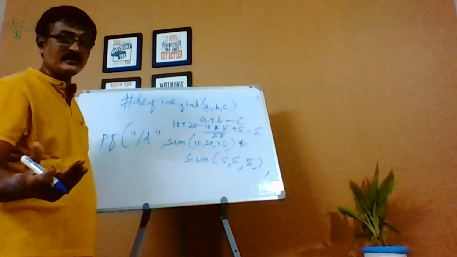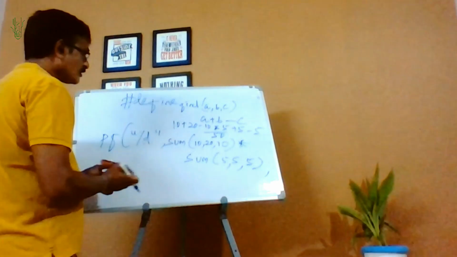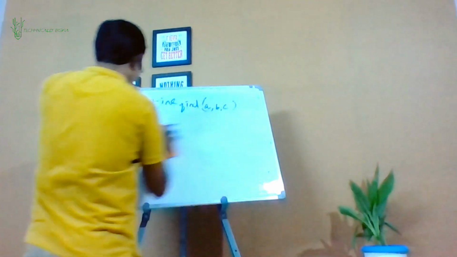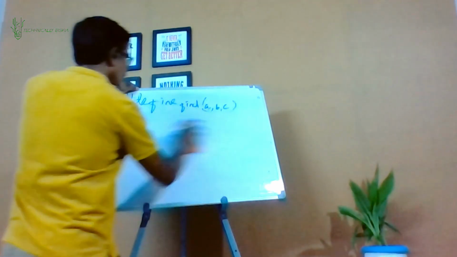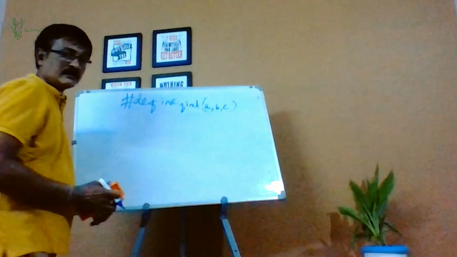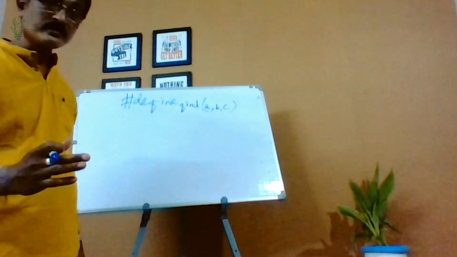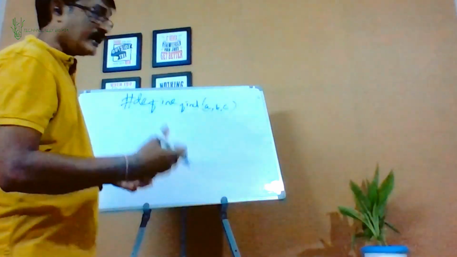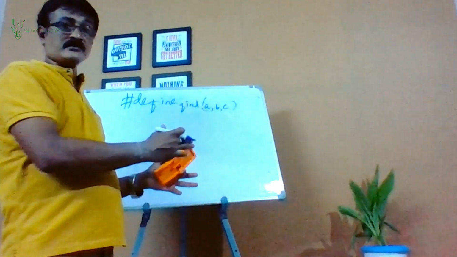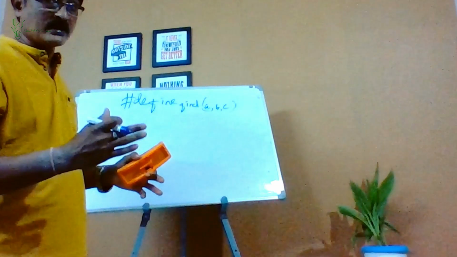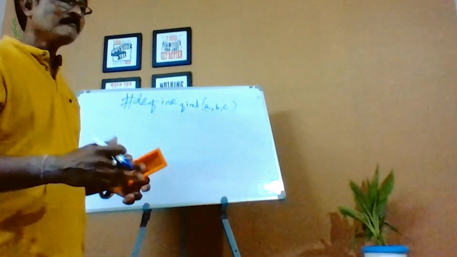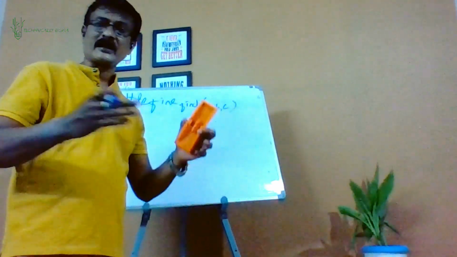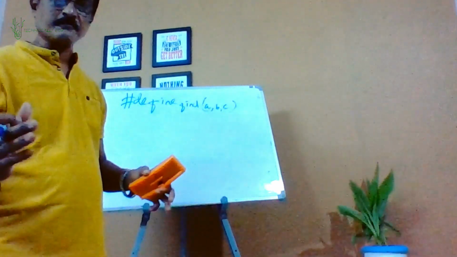Sometimes they are a bit tricky. Got it? So, what you should take care of is first expand the macro, then you go ahead and do the calculations. Never make the mistake of first looking at it and getting a first-hand impression that this will be the answer. It may or may not be the answer you are looking for. Most of the time I make the mistake because of operator priorities, brackets may be there, may not be there. So be careful about all this.